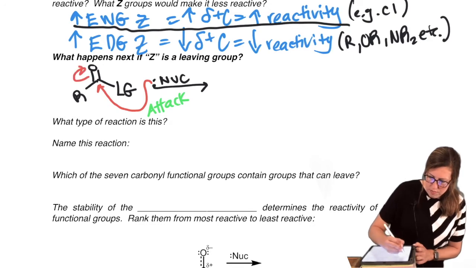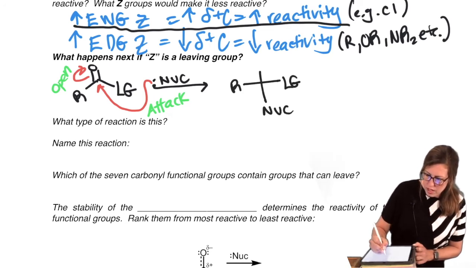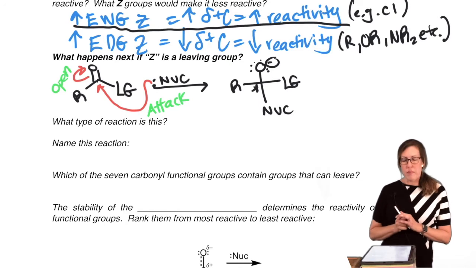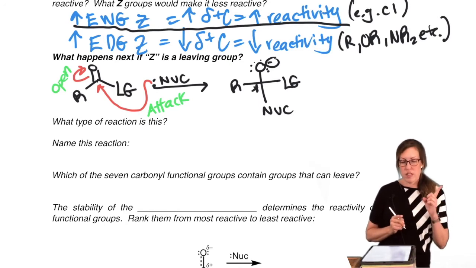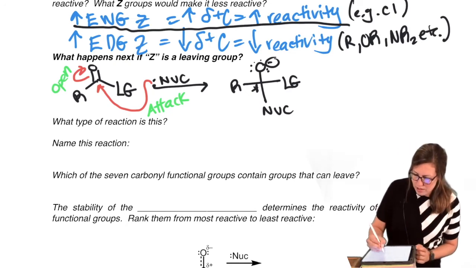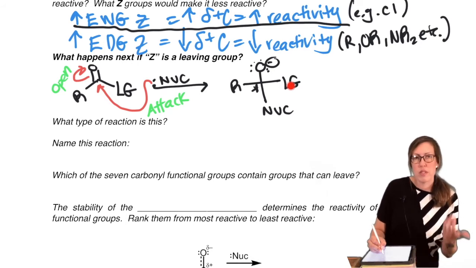Open. So far so good. Draw the tetrahedral intermediate now. New group and O minus. Remember, we're chiral now too. Okay. If Z is a bad leaving group, then we would protonate and be done, because it won't leave. That's what we did with ketones and aldehydes, because R and H are not leaving groups.